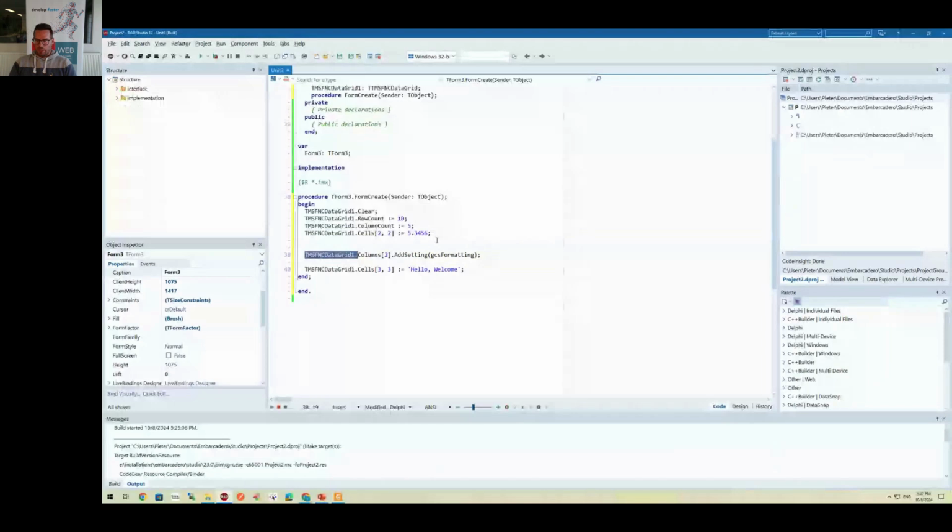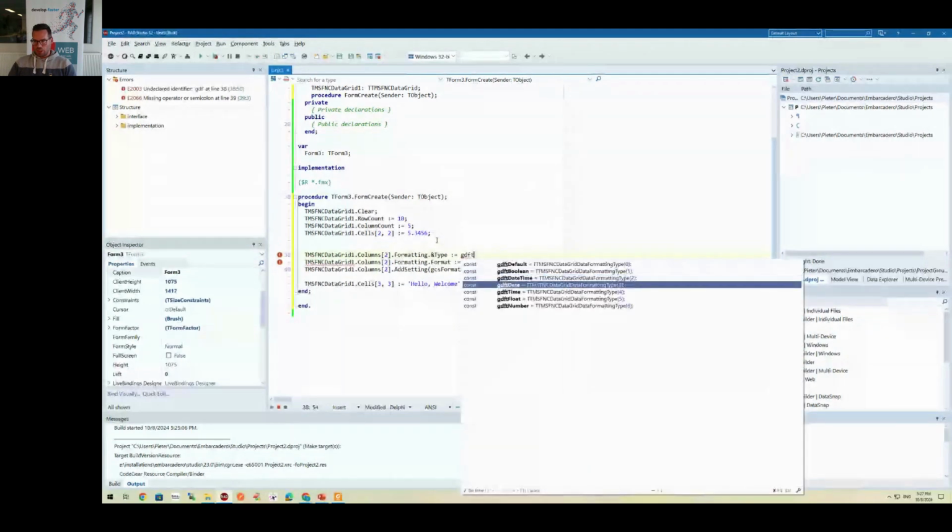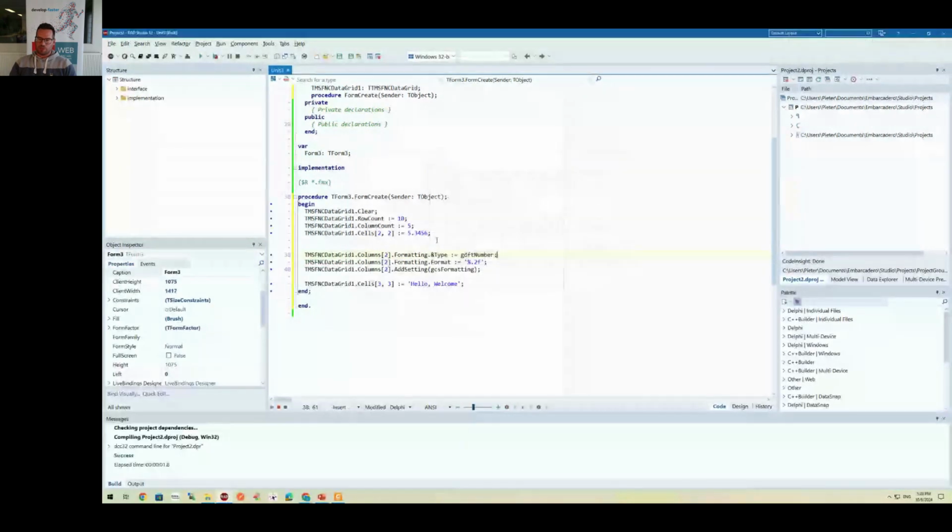with the format capabilities of Delphi. So we have another property to set, which is the type. And that is actually the number. Okay. So if we start that,